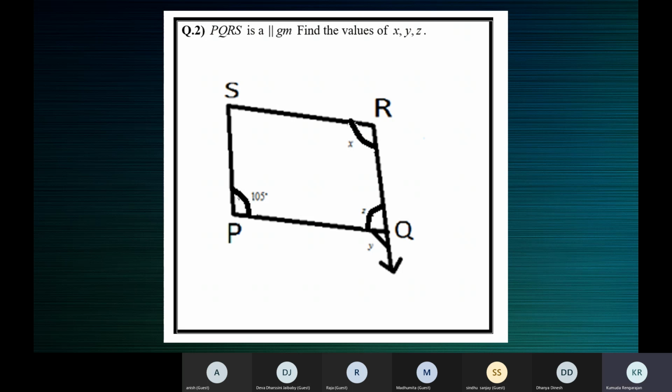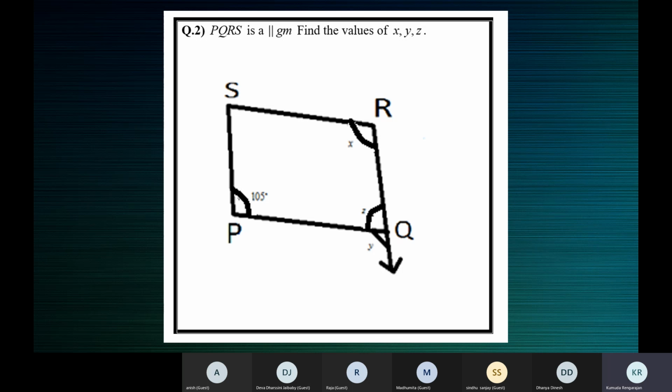Now, when the lines are not parallel, they are simply corresponding angles, or simply alternate angles, or simply co-interior angles. Other than that, they don't have any relation between them. But when the lines are parallel, corresponding angles are equal. When the lines are not parallel, they are not equal, but by their positions, they are still called corresponding angles, alternate angles, or co-interior angles.